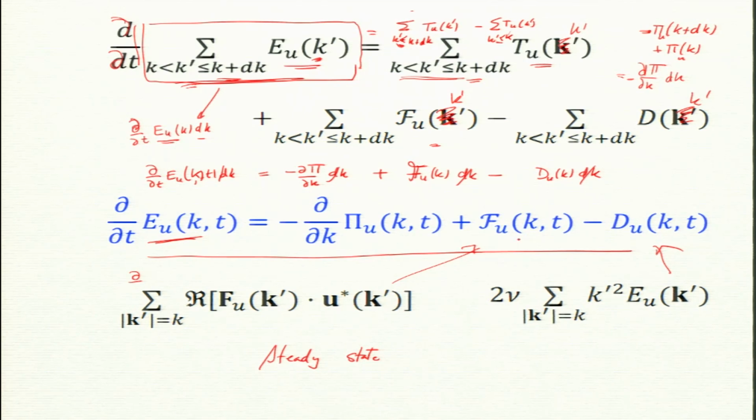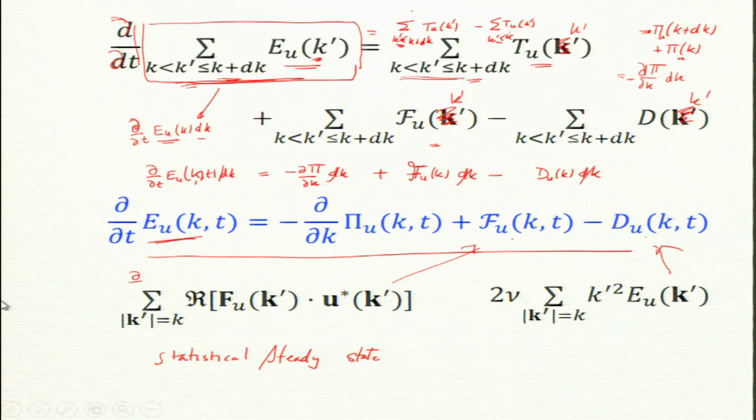So, steady state is when my force and dissipation are balancing each other, then the energy of a given wave number will not change in time. Normally people say that steady state is when dy/dt should go to 0, things should depend only on k, not on t. But in turbulence of course things change in time, so we are talking about averages. I sum over a time unit, then another time unit of the same length, and I should get the same number. Okay. So, this is statistical steady state, in fact that is the word which is used, statistical steady state.